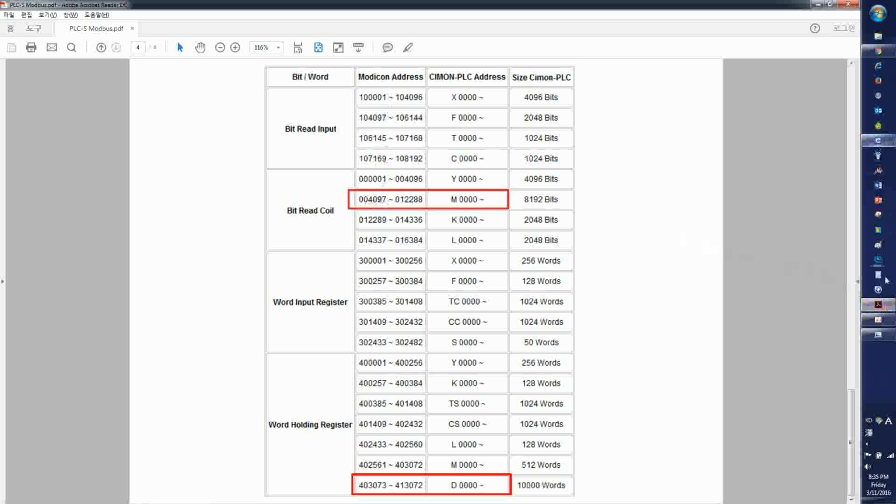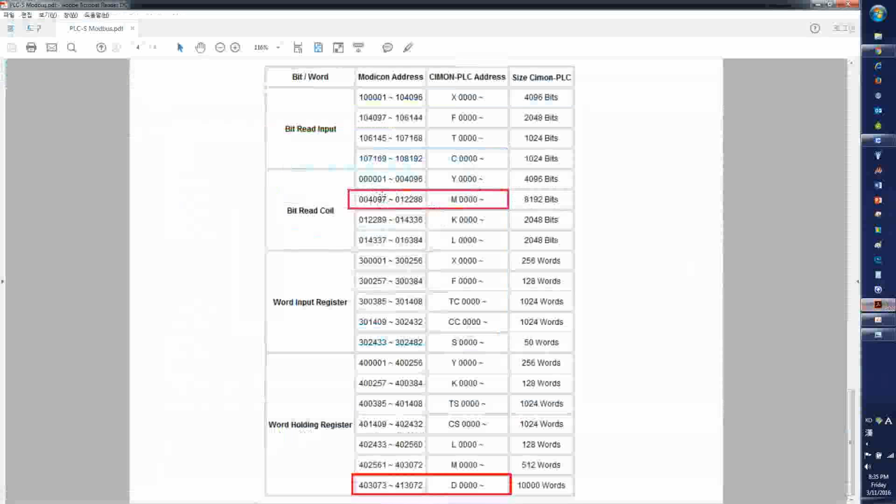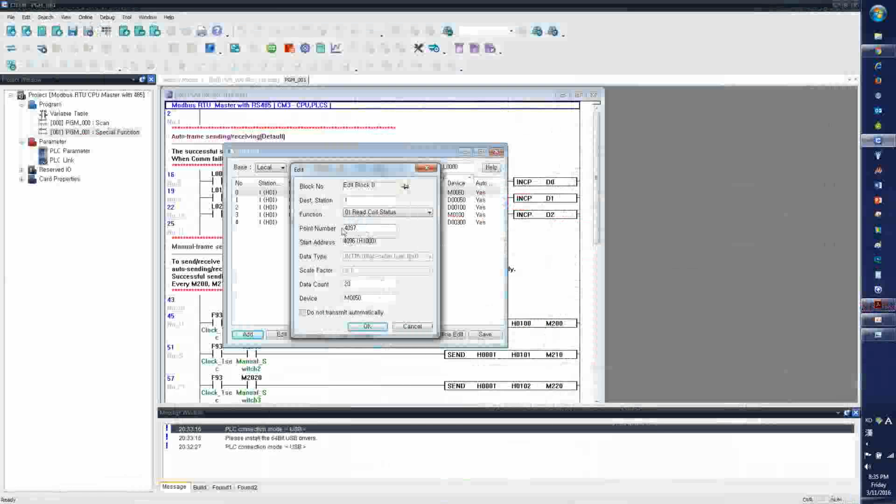So that is why here I have the 4097 M00. So this frame will read 20-bit address from the Modbus slave,